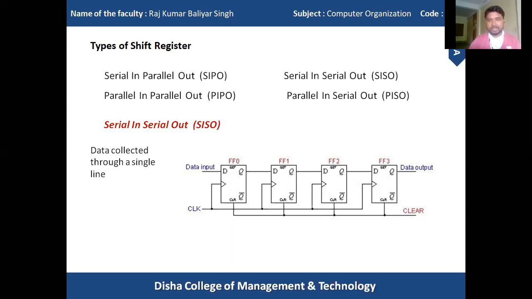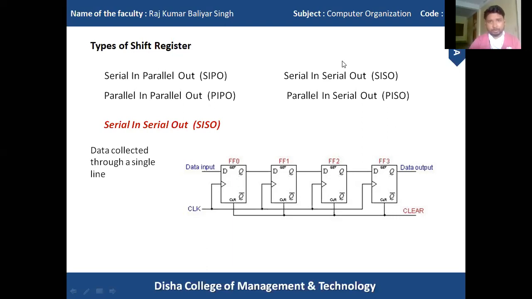In case of serial shifting, we can transfer n bits of data one after another, that is very easy. But in case of parallel shifting, if we have a 4-bit register, then we have to make different packets of 4 bits of the n-bit register, and then every packet is transferred. Clear? So in a serial out shift register, as I said, the data is collected through a